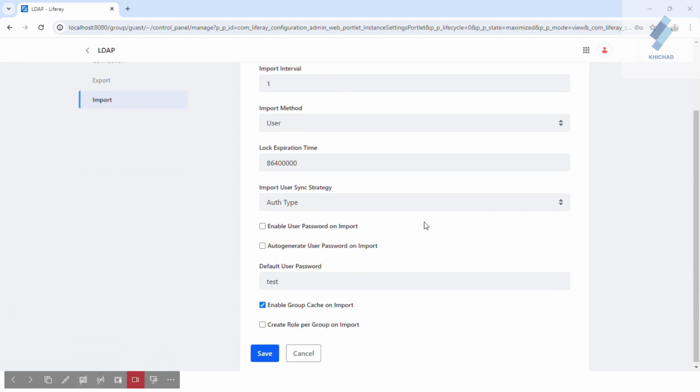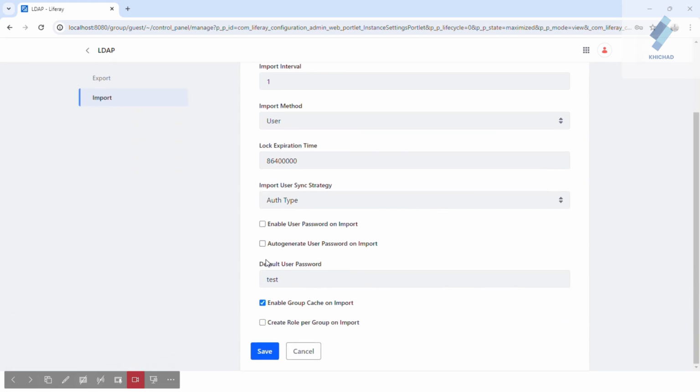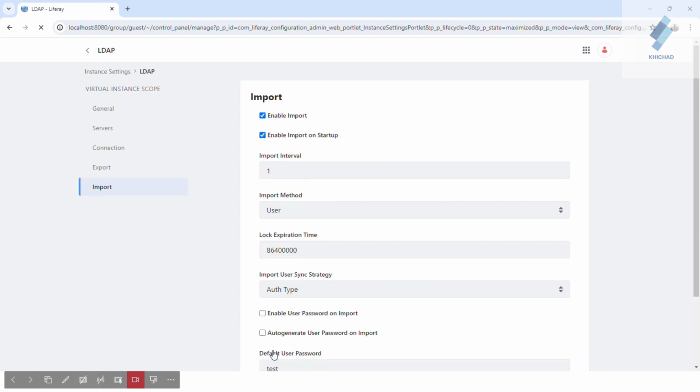So I enable this and click save. Import interval time is 1. So I just give 1 there, so that users get imported on the Liferay server after 1 minute, per 1 minute.